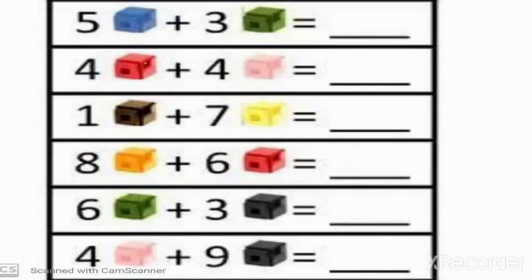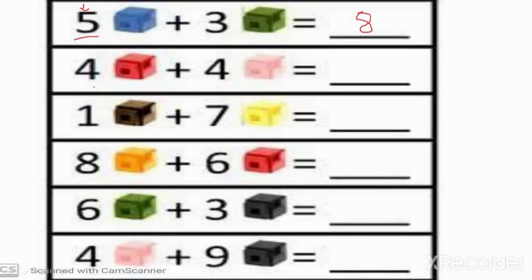Okay. Let's see. Now we have the sums without any figures. As I told you just before, you have to keep in your mind the first number, that you have 5. Okay, and you have to add 3 more to it. So from where we have to start our counting? We have to start our counting after number 5. 5 after 6, 7 and 8. We have to keep the first number in our mind and start counting just after that number. Okay, so we get number 8.